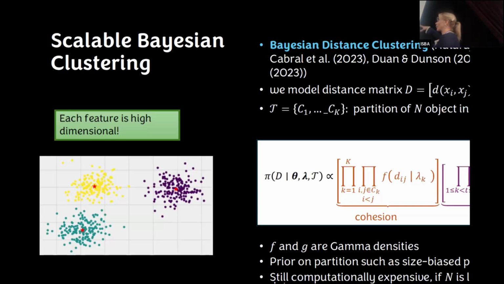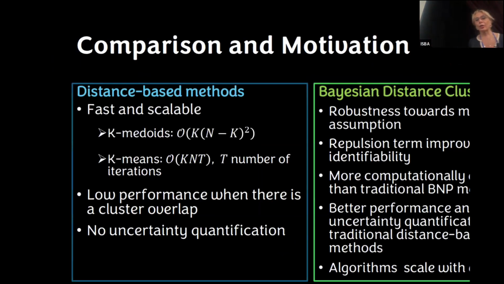If you use a standard, say, BNP prior, computation can still be quite expensive because you have to assign each individual to a cluster. Running through all the individuals can sometimes be quite expensive. So what we did is use a slightly different clustering prior. Just to remind you,